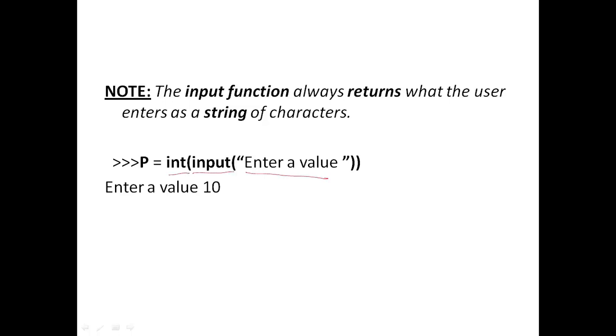So this int function does what? It typecasts the string value into integer, int 10, which converts this string value 10 into its integer equivalent, that is 10, and then it is assigned to the variable.